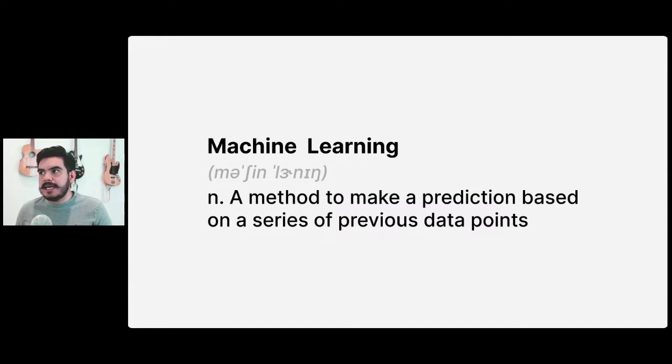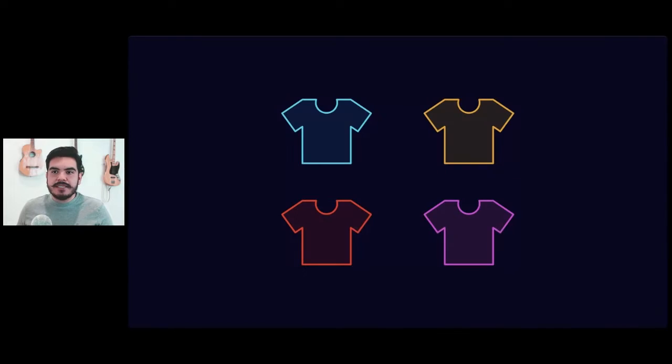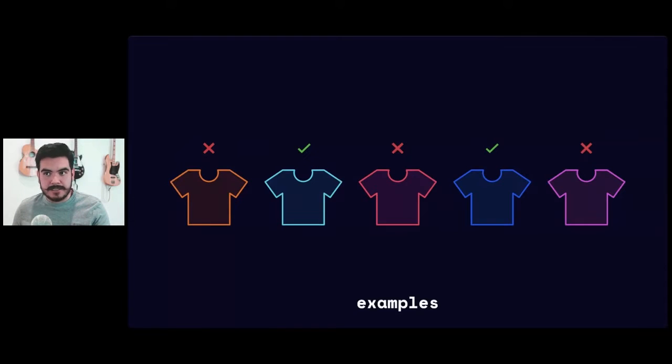So let's illustrate this by imagining that we have these shirts. And let's imagine that we wanted to know which one a specific person will like the most. Well, to do that, we should probably first start by seeing some examples of other shirts that this person has liked in the past. That way we can get a better sense of their particular style or their taste, right? So in machine learning, we call these examples our training data. And it's our training data because this is the data that we will actually feed into our models